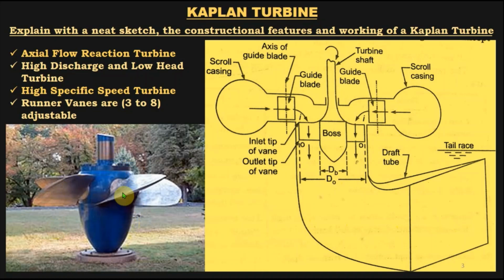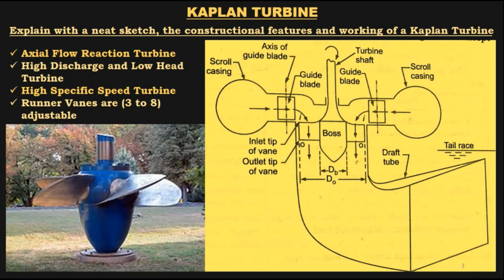See, the main point you have to keep in mind is that a Kaplan turbine is essentially an axial flow reaction turbine. It handles very high discharge and it's basically a low head turbine. It can handle huge flow rates as high as hundreds of cubic meter per second. So 100 meter cube per second is 1 lakh liters per second. There are hydropower installations where the Kaplan turbine handles discharges as high as 500 cubic meter per second, that is 5 lakh liters every second. So it's basically a high discharge turbine.